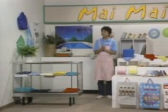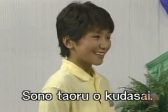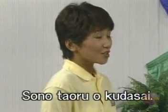In this scene, Mine-san just looked and then left without buying anything. Up to this point, you've been hearing "o kudasai," but that wasn't used this time. What was? Let's compare the expressions used by Sugihara-san and Mine-san in the last two skits. First of all, Sugihara-san, when she wanted to buy a towel, said, そのタオルをください。